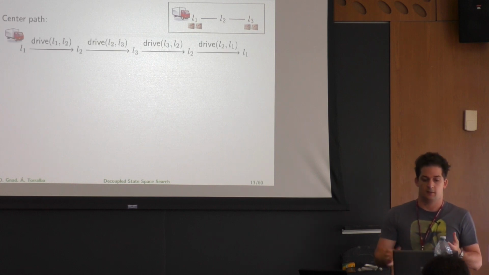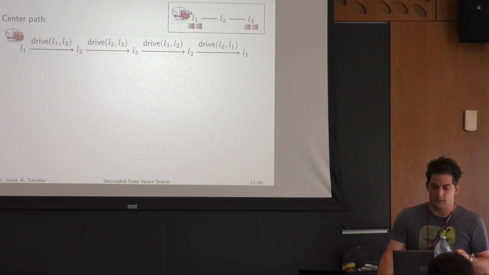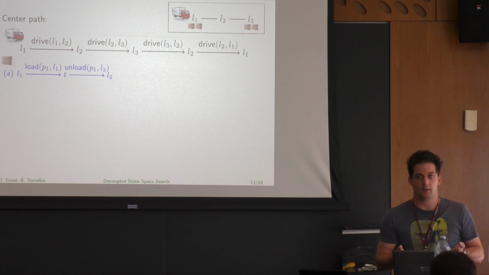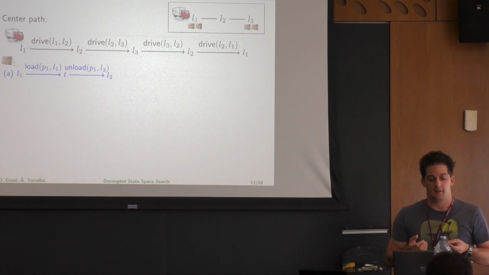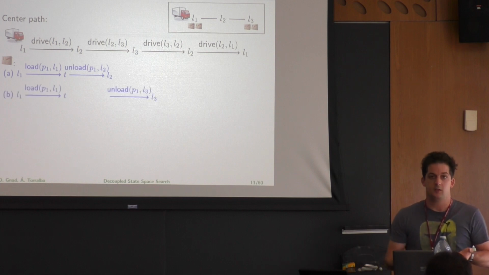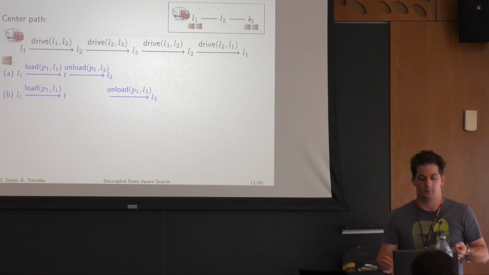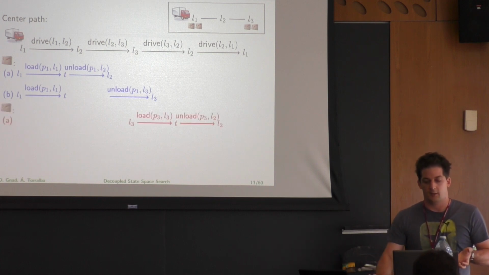Given such a center path, where we drive the truck from L1 to L2 to L3 and back to L1, a possible leaf movement, a possible load-unload sequence of a package, would be to unload it in L1, then drive the truck, and then unload the package here and continue with the drives. Alternatively, you could choose to load it, drive twice to L3, and only then unload the package. The same works for a package that starts in L3. We could decide to load it once the truck is here, and unload it in the middle or in the